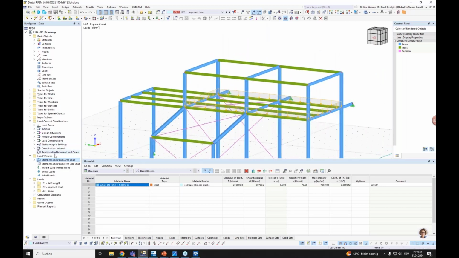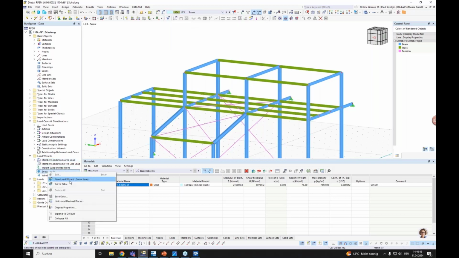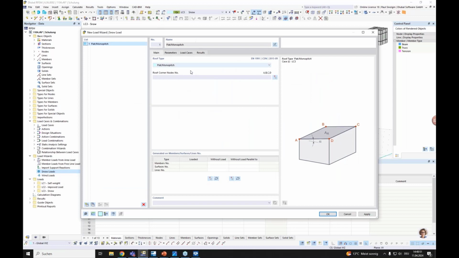After this, we want to define. So okay, we have our self-weight, we have our imposed load. We want now to define the snow load. For the snow load, you can also use a load wizard. Open the load wizard, we can define our roof type and our roof corners. And we have